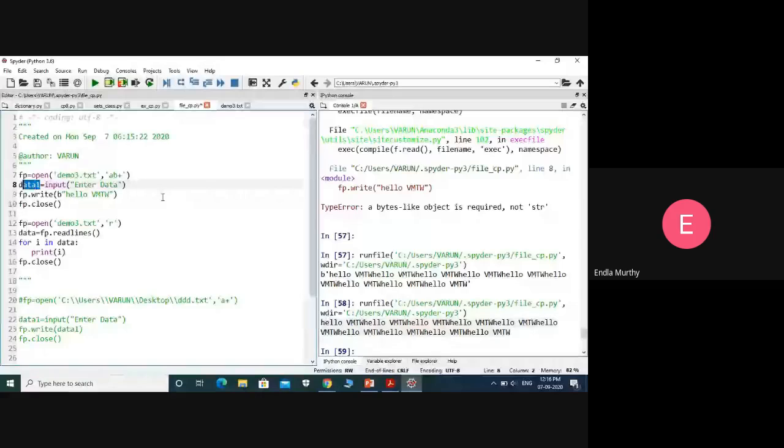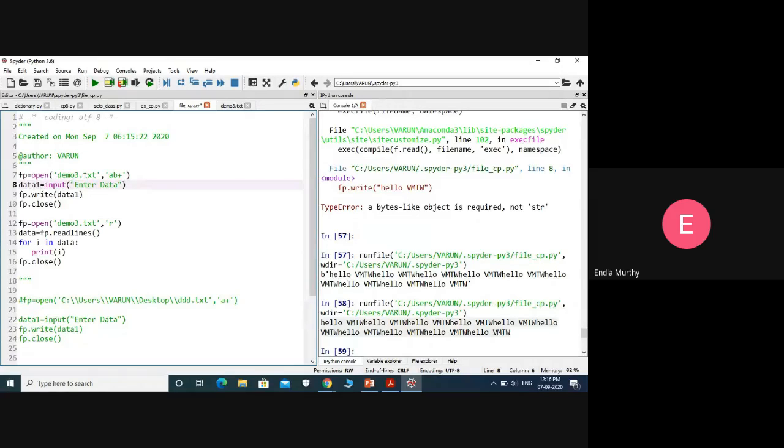So that data I am storing in the file. To store that data in the file, simply provide the variable name, which is data one. Whatever data we enter through the keyboard, I am reading and storing in data one, and storing that data in the file demo 3.